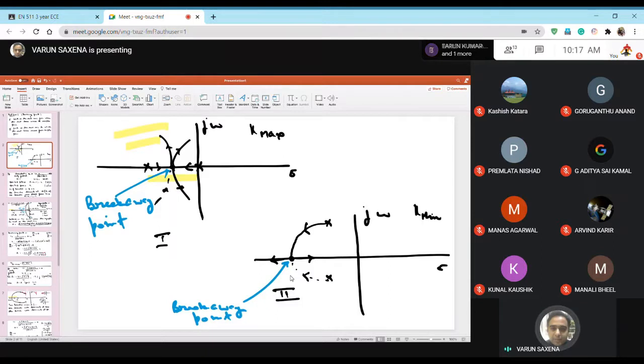From the breakaway points, that means something like this. So you are already on the real axis because these are your poles, -1 and 0. And you are on the real axis and you break, and this point represents the breakaway point, and then you move out to the complex plane. So that is case number 1. Case number 2 is you are somewhere in the complex plane because your poles are here in the complex plane, and then you come to the real axis. So this is case 2. So we were to consider these two cases.